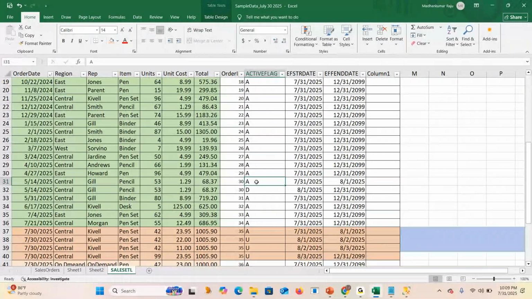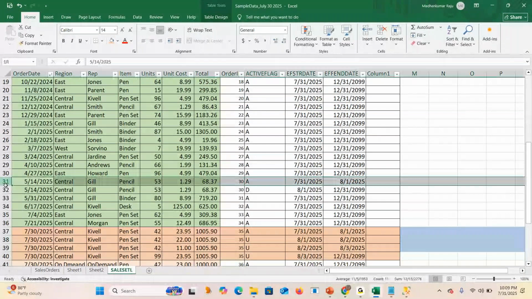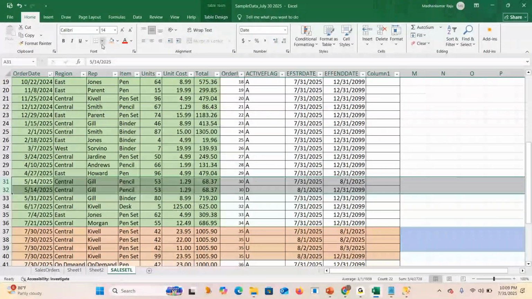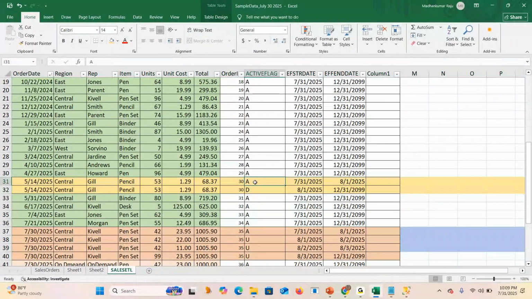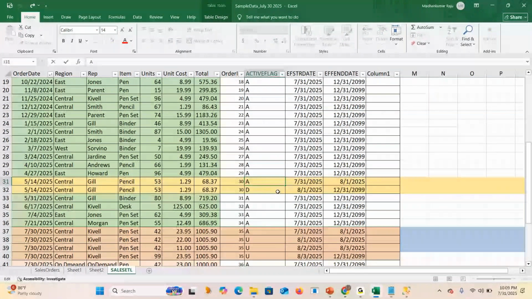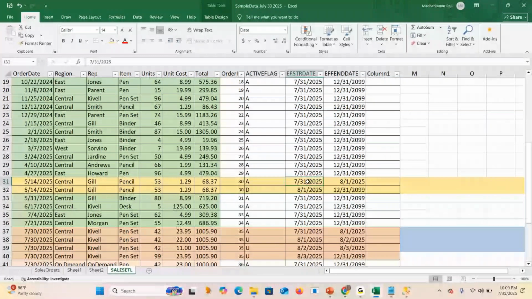In that case, if you update it directly with active flag as D in the same record, I will miss the version. Now I can identify that the order was placed on 7/31 and it was deleted on August 1. So I can find that easily. Clear?